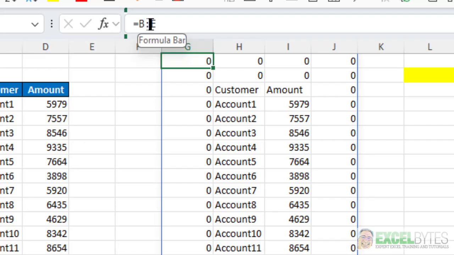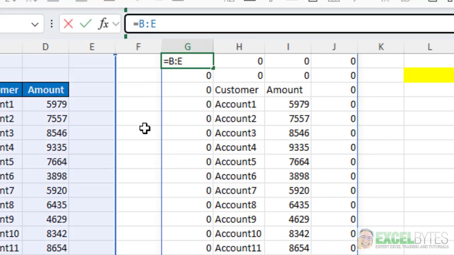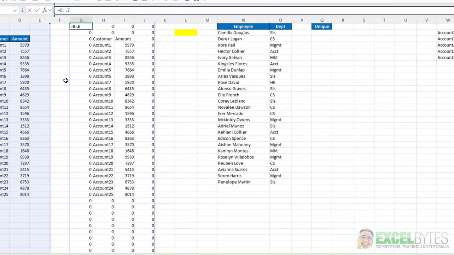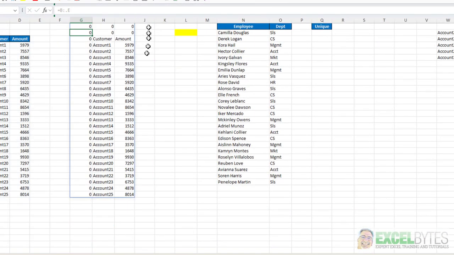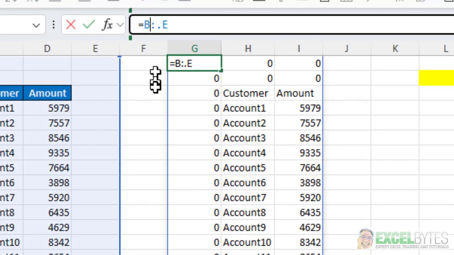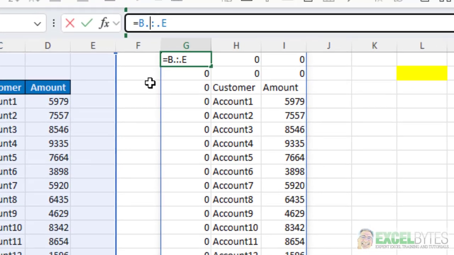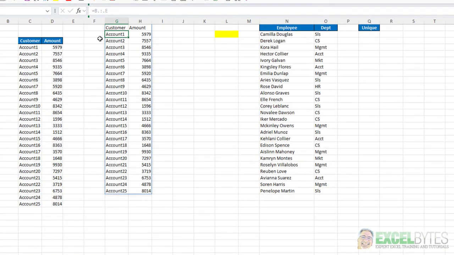So I can go in here, put a dot after the range indicator, hit enter, and notice it eliminated all the trailing zeros in the columns and in the rows. And if I put one before the colon, I hit enter, I have eliminated all the trailing and leading empty